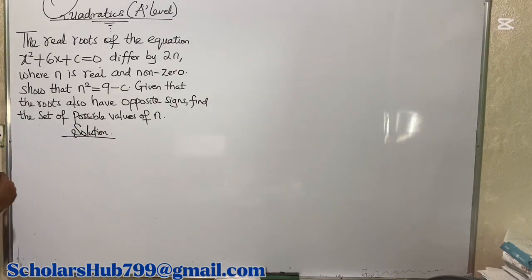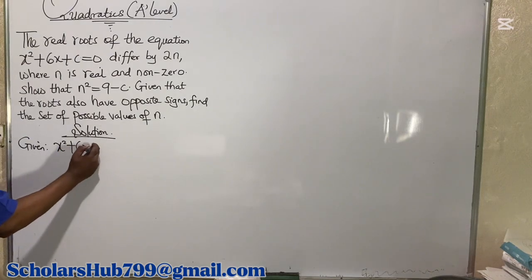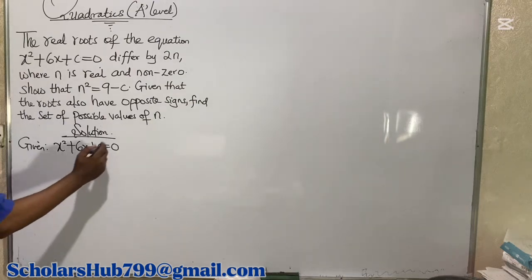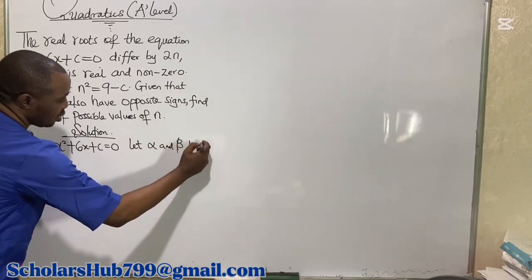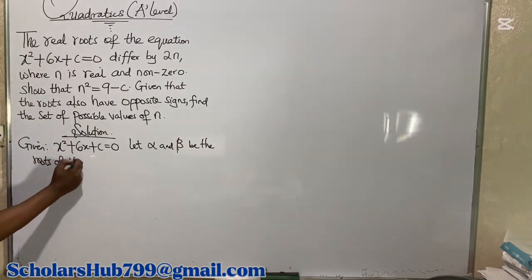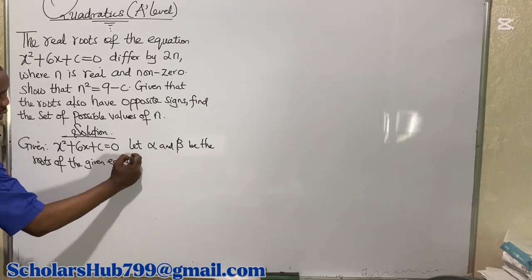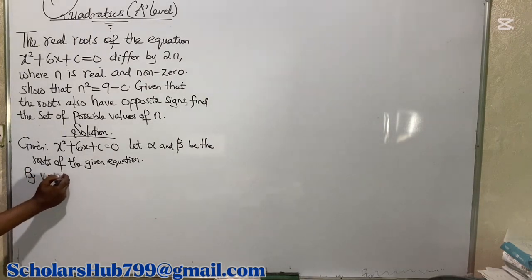So now we're given the equation x squared plus 6x plus c equals 0. Now let alpha and beta be the roots of the given equation. So we know that by VIETA'S formula,